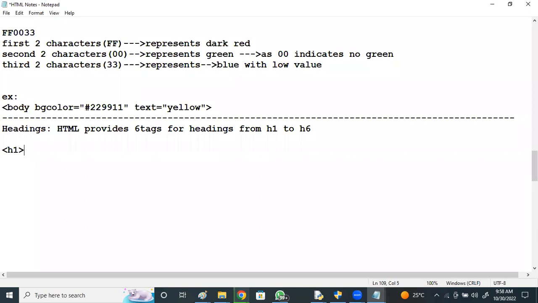H1 will be the biggest heading, then H2, H3, H4, H5 up to H6.